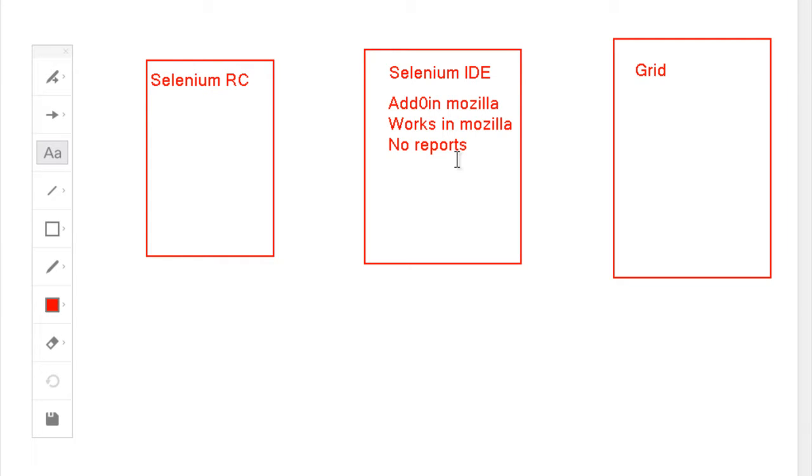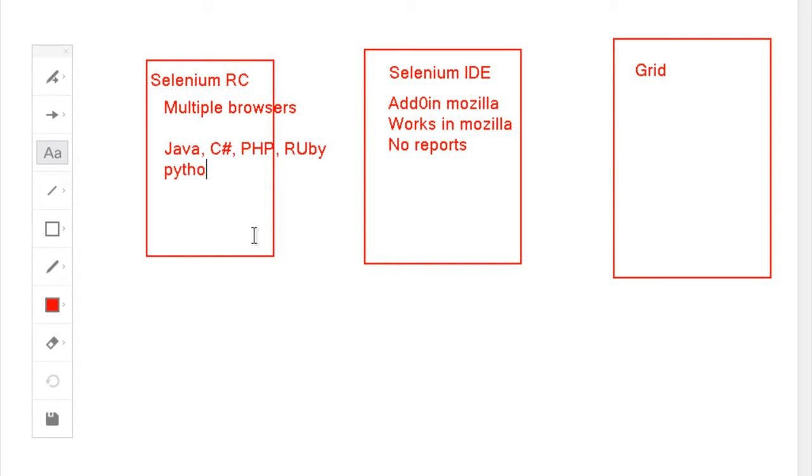So what we used to do is use Selenium RC. Selenium RC could work in multiple browsers, it could generate reports and everything, but a tester had to learn a basic language, like Java, C#, PHP, Ruby, Python.